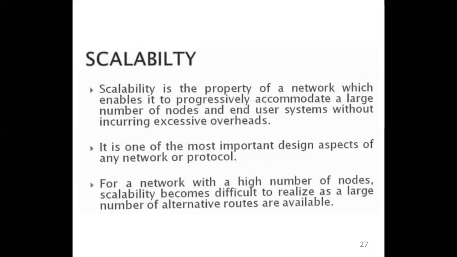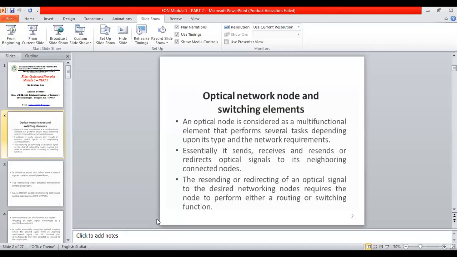So these are some of the aspects which we had seen yesterday, and today we saw some of the important switching elements. So we have already seen 4 switching elements. Now in tomorrow's lecture, we are going to see one of the most important switching elements, which is used in optical networks these days, and that is known as the optical cross connect. So we'll proceed with the switching part tomorrow.